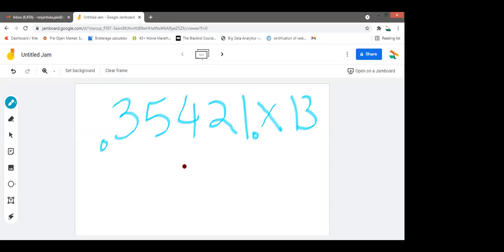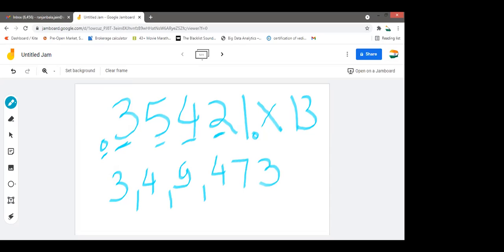Now, as I do, you also do it like this. 3 zeros are 0 plus 3, 3. 3 3s are 9 plus 5, 14. So write 14 like this. Continue the process. Next digit, 3 5s are 15 plus 4, 19. 19 is more than 9, so you have to write it in the subscript form like this. 3 4s are 12 plus 2, 14. 3 2s are 6 plus 1, 7. 3 1s are 3 plus 0, 3.